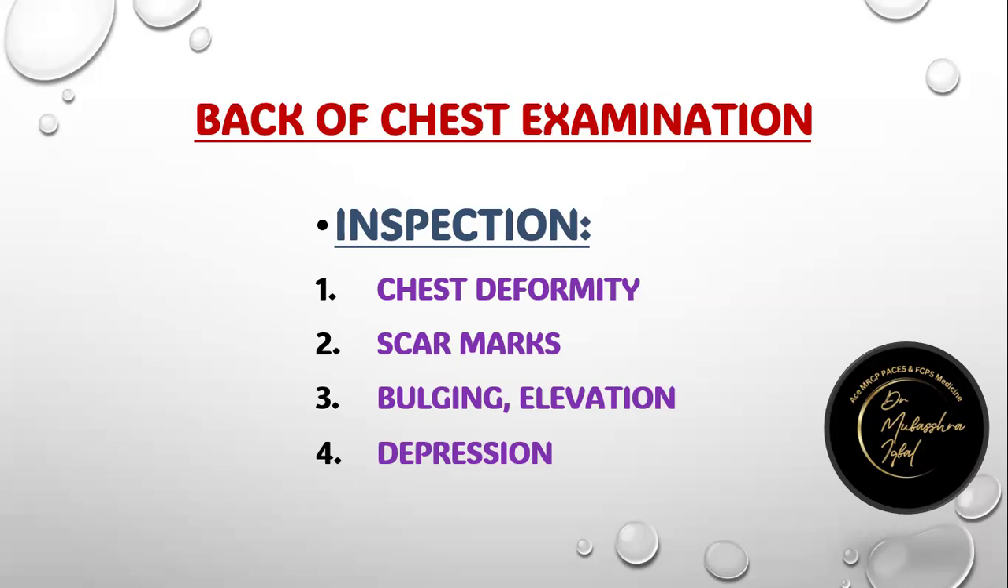It will give you a clue. If there is bulging or elevation in any side of the chest, it will give you a clue that it might be pleural effusion lying here, or if there is any depression over here, then you will get a clue that it might be a case of collapse, or it might be a case of pneumonectomy or lobectomy. However, for that there should be presence of scar mark, and the scar mark is important in case of chest